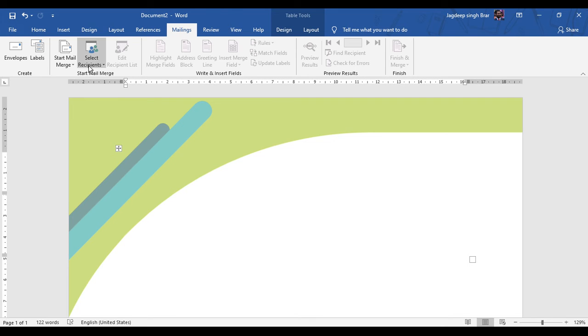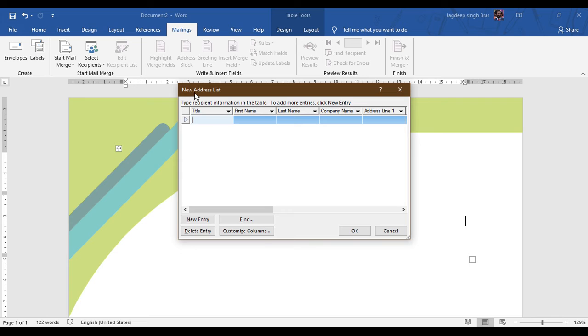We have three options: type a new list, use an existing list, and choose from Outlook contacts. So select type a new list. When you select it, you have a new address list where you can type the person's information like their title, first name, last name, company, address, city, state, zip code, and mobile number along with the email address. After typing all the people's information, click on the OK button to save it.